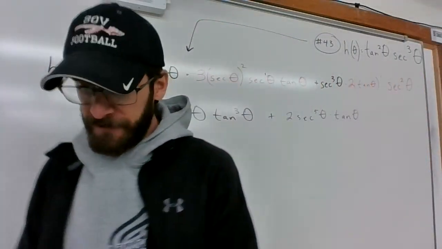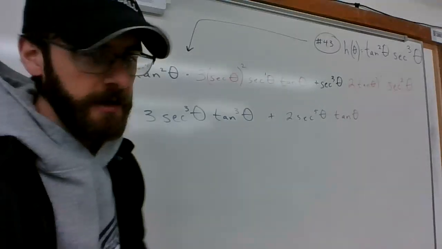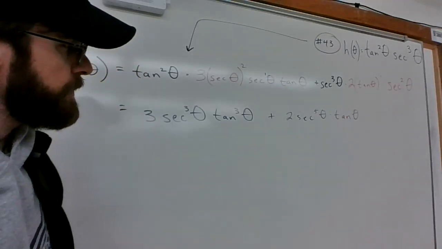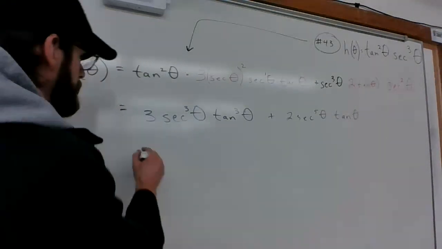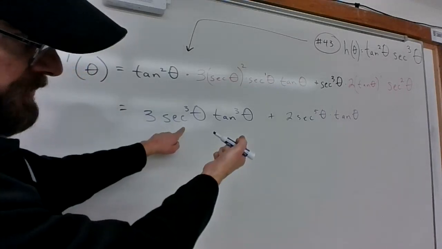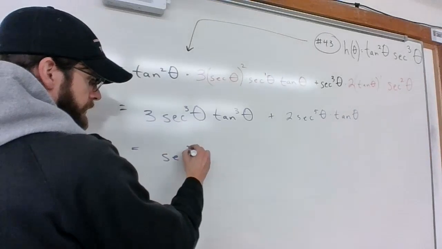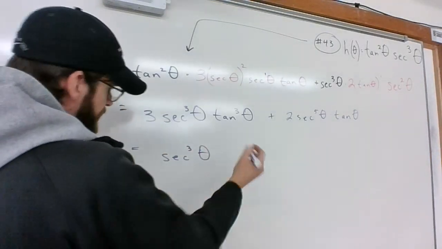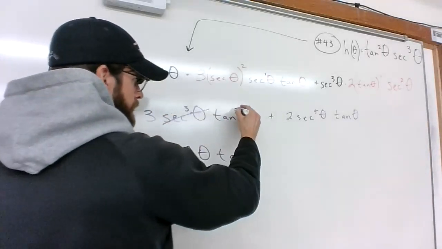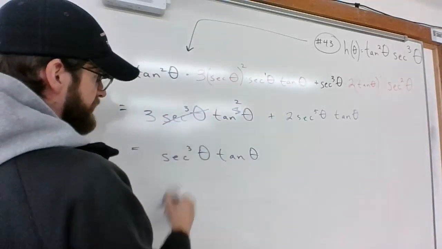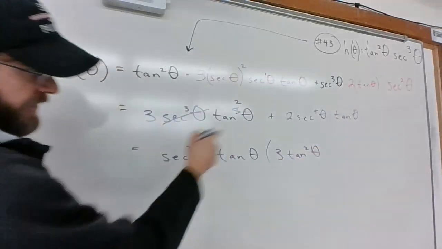Now, this might be a perfectly acceptable way to express the final answer, and that's what they do in the textbook. Recognize, though, that sometimes some exploration can prove to be fruitful. Like if we took out a secant cubed and a tangent, what's it look like? So I'm factoring out secant cubed, factoring out a tangent. That would give me this. And then over here,